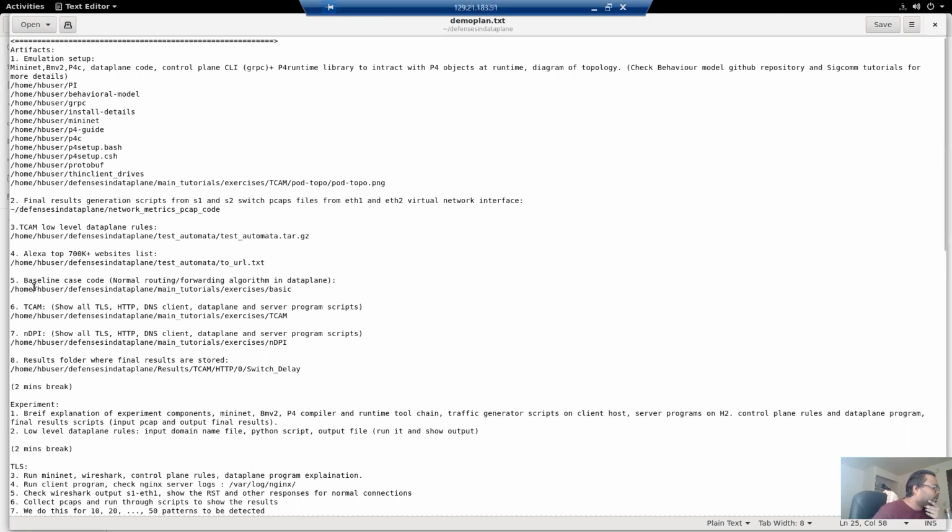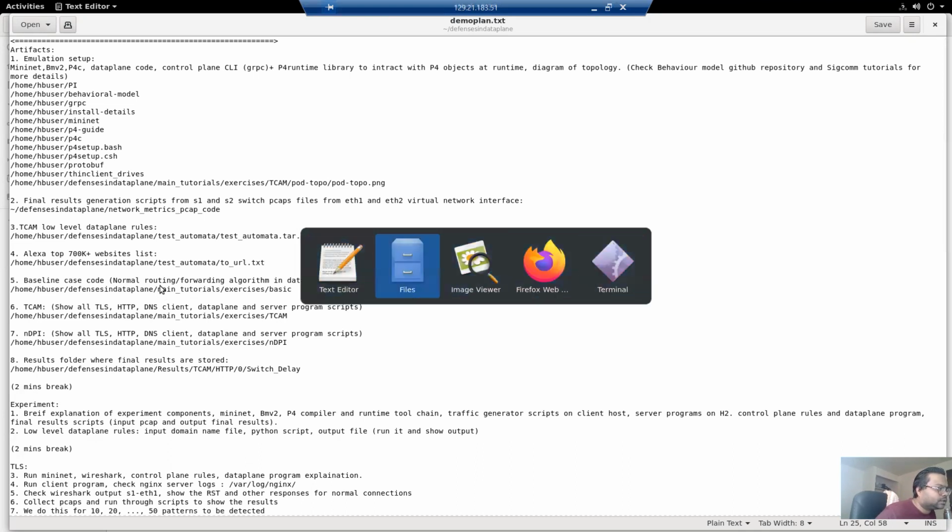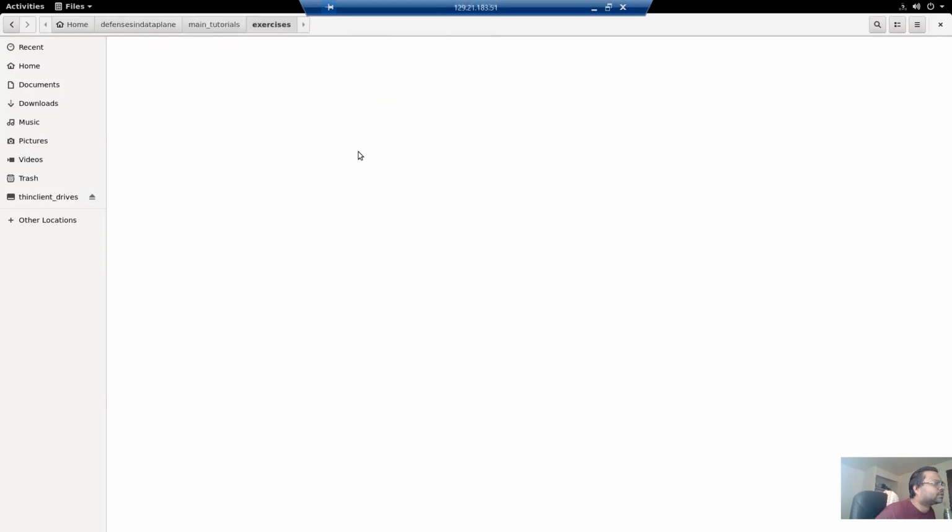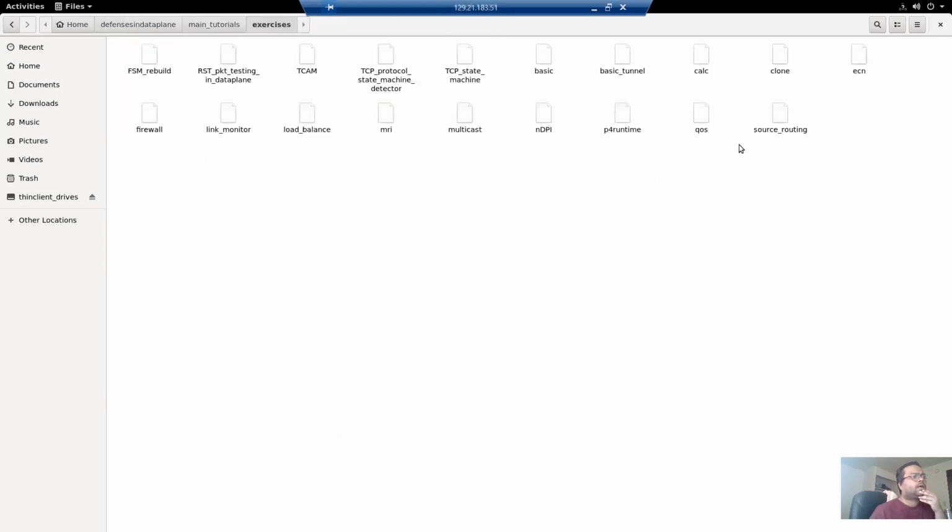Then fifth is the baseline code. It's a basic normal router code, which is your main tutorial exercise.